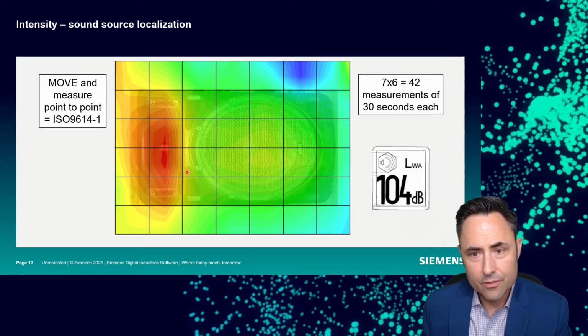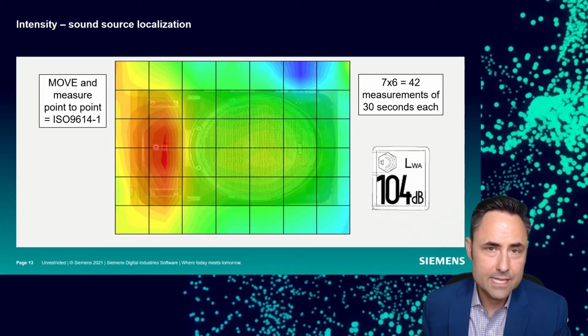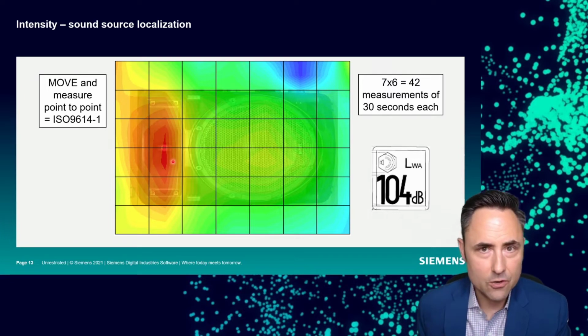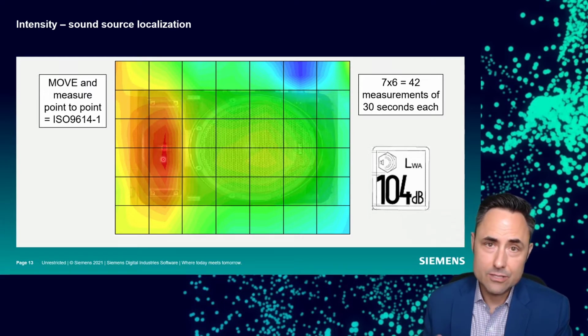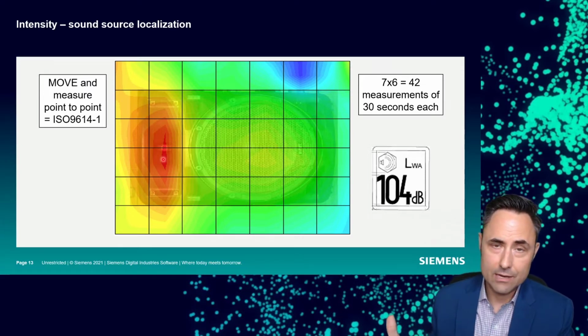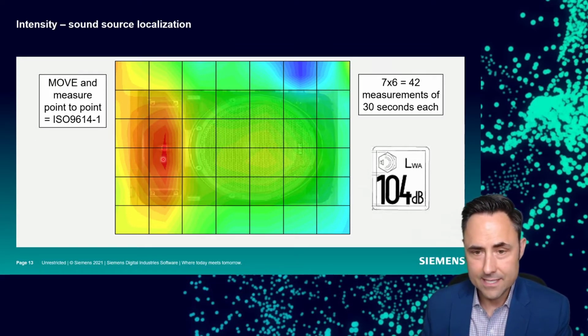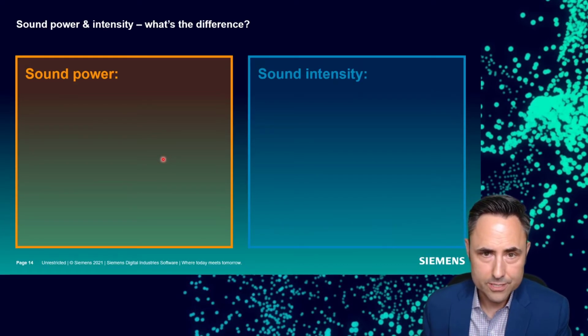And I can see, oh, for this sound source, more sound comes out of this area of my speaker than anywhere else. And so if this is a noise problem, I know just where to start working because this red area is responsible for more sound intensity than anywhere else on my speaker. Okay? And so this is the additional insight that we get by spending more time taking our data. We can do this sound source localization. And this is how sound intensity bridges between our two topics today. This is intensity for not only sound power, but sound source localization.